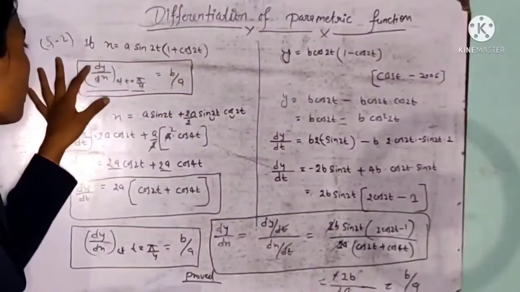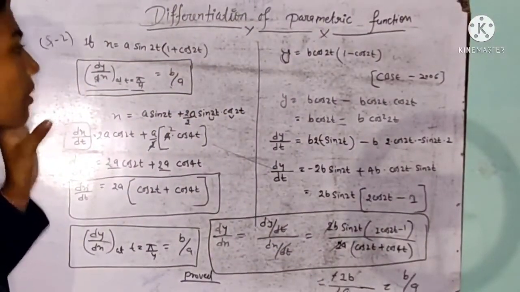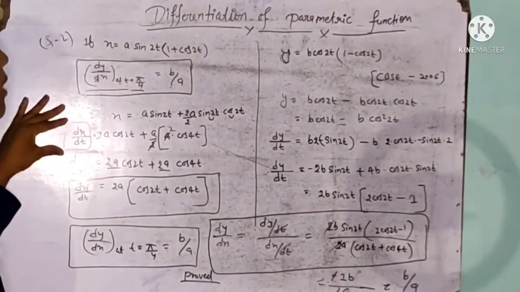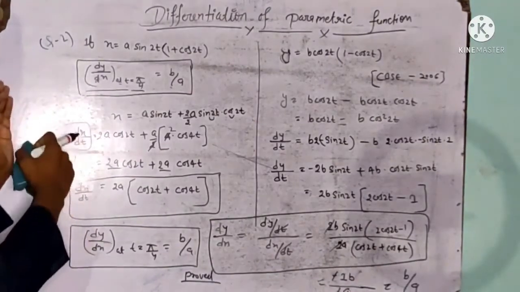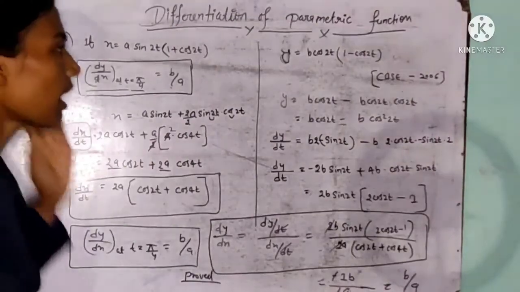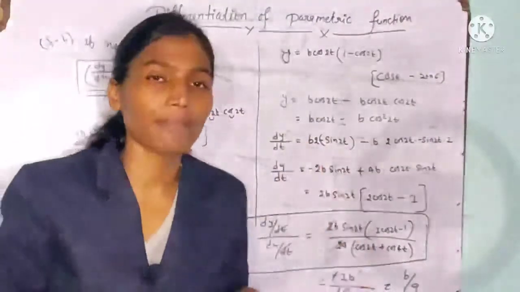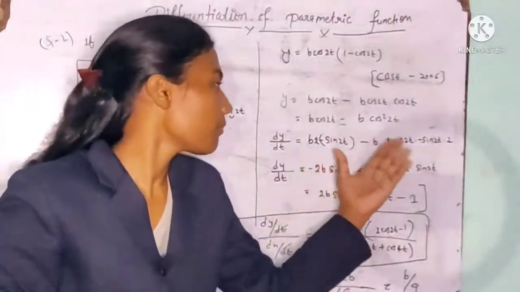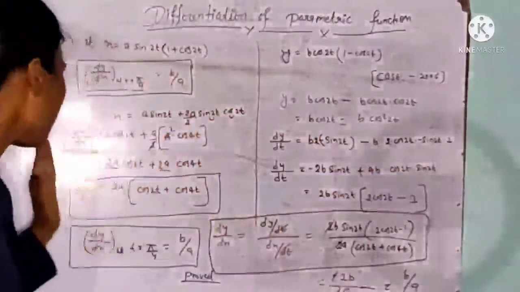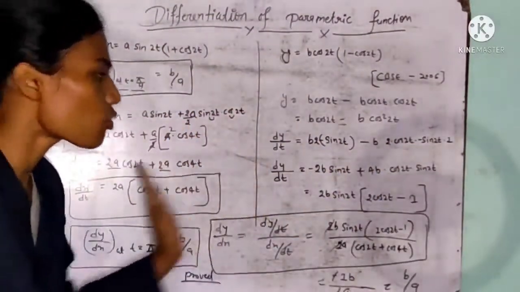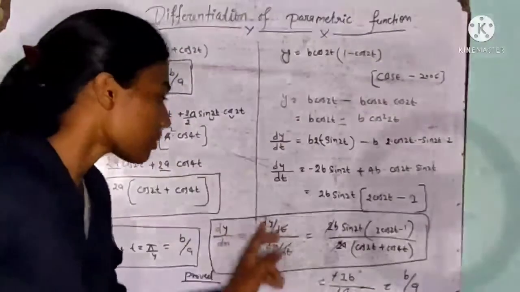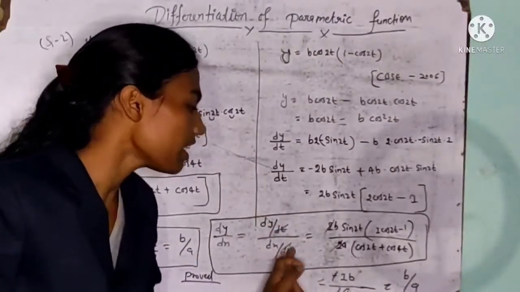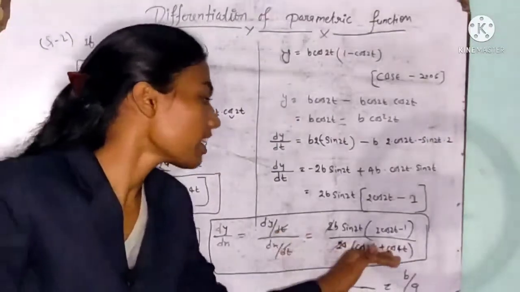See here. So t is our variable, then first I find dx upon dt. So differentiation of x with respect to t, likewise differentiation of y with respect to t. Then we get dy by dt and dx by dt. By arranging these two functions, finally it can be written like dy by dx equals dy by dt upon dx by dt. So we get these functions.